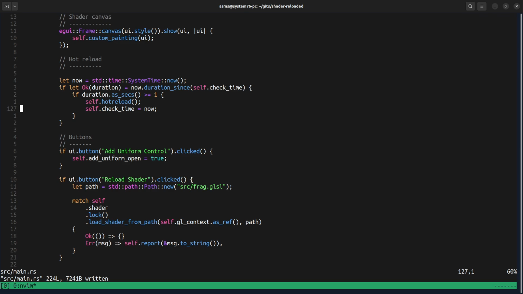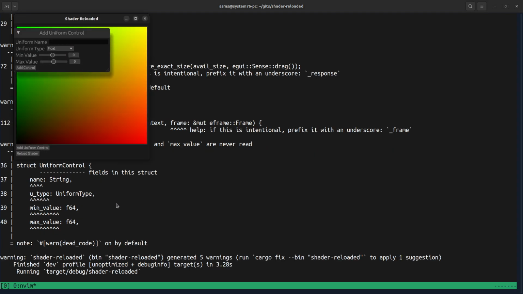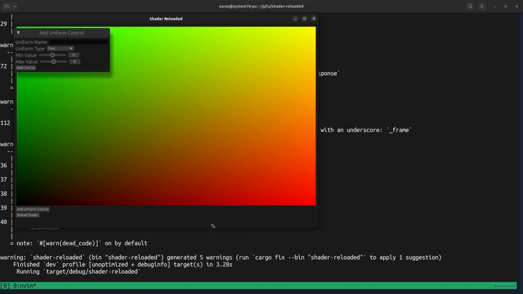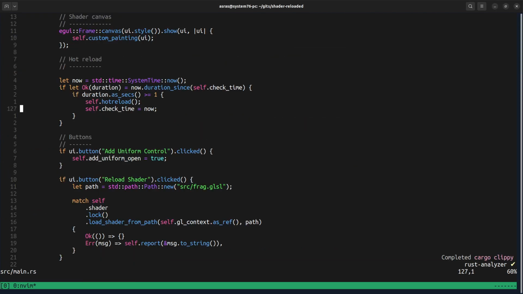I think I would like the buttons to be, if we run the application, I think I want the buttons to be like over here. And then most of this space over here should be dedicated to the uniform controls. Maybe we can even make some space over here. Maybe that's even better for the uniform controls. Yeah, I think I like that idea more,